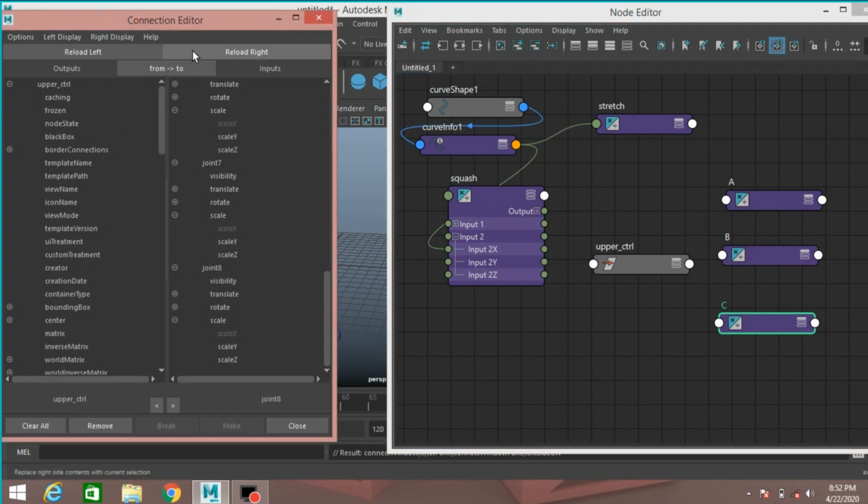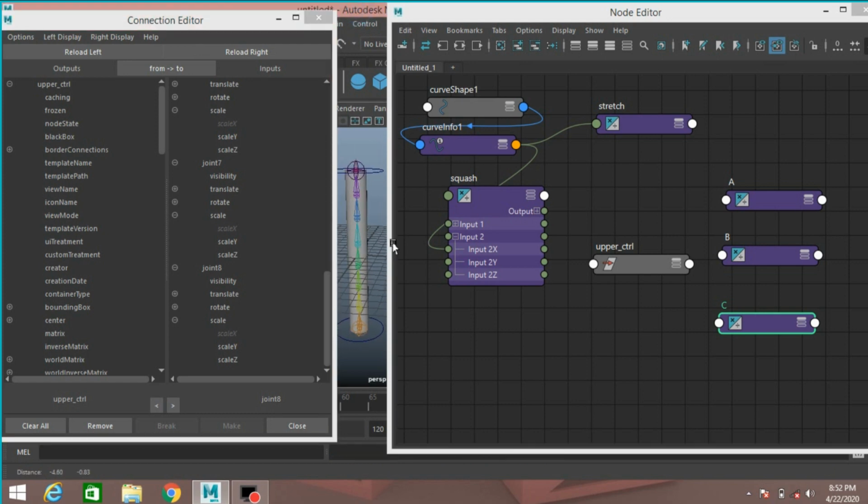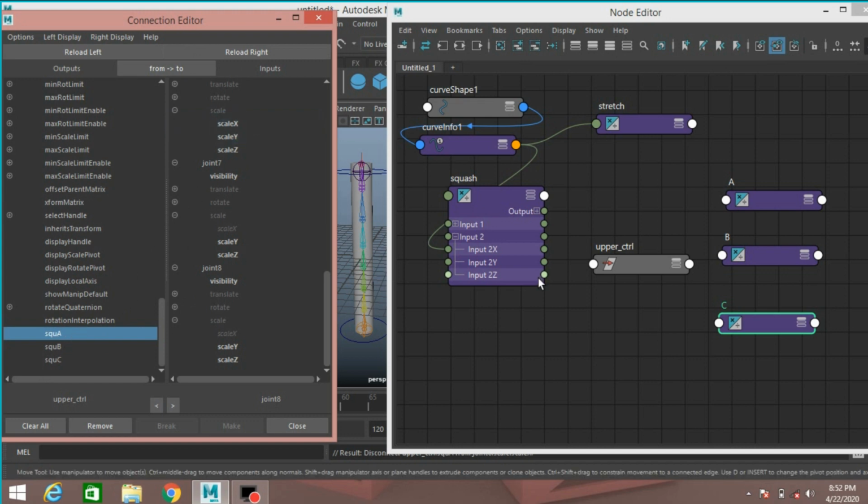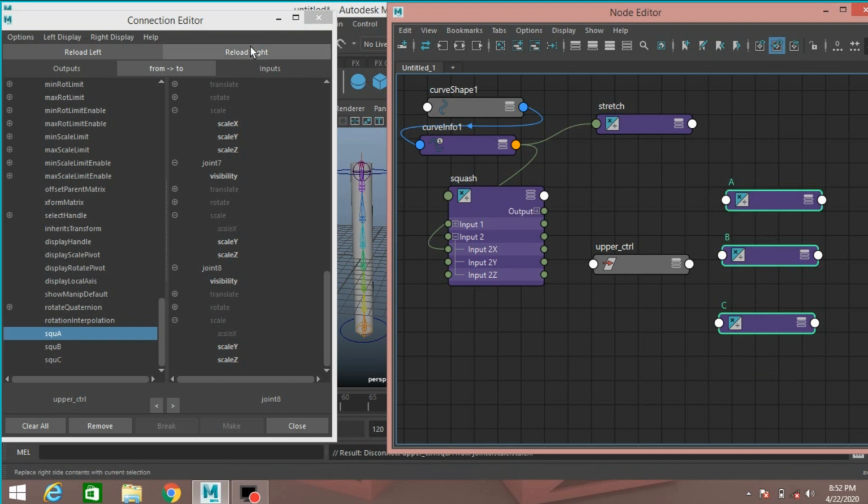Now select the connection editor, alt middle click and put it here. First select squash A and connect it to scale X. Select all the three and reload right.